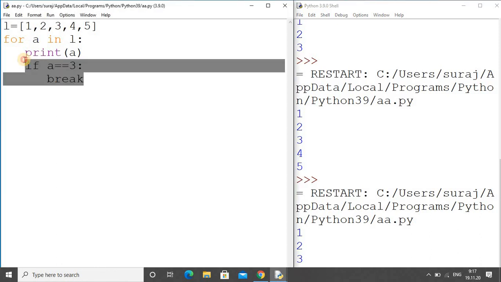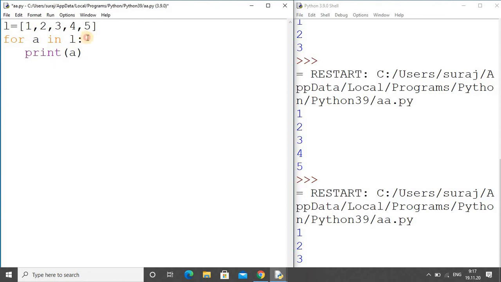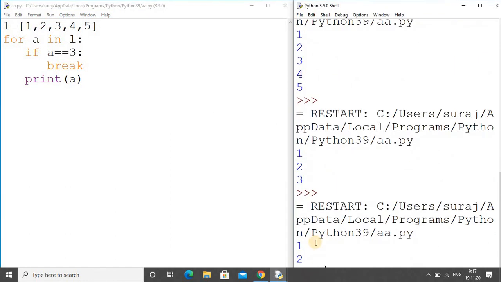What happens if we use this statement in another place? Suppose I cut it and place the statement before the print. Let's check. We get the output 1 and 2, because when the value is 1 it prints 1 since the condition is false, when it is 2 it prints 2, and when it is 3 it will break and will not print 3.